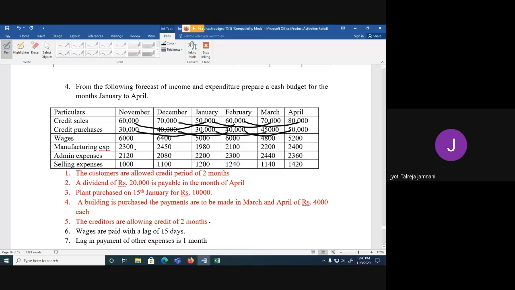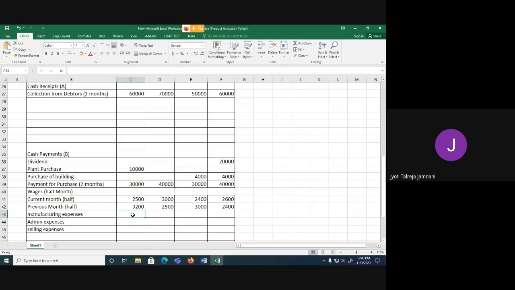November's in December. So manufacturing expenses of November in December, December in Jan, Jan in Feb, Feb in March, and March in April. Same will continue for all the other. So November and December and so on so forth for all the three. So this is how we are going to pay manufacturing expenses. So this November in December, December we are not recording, December in Jan. So it's going to be